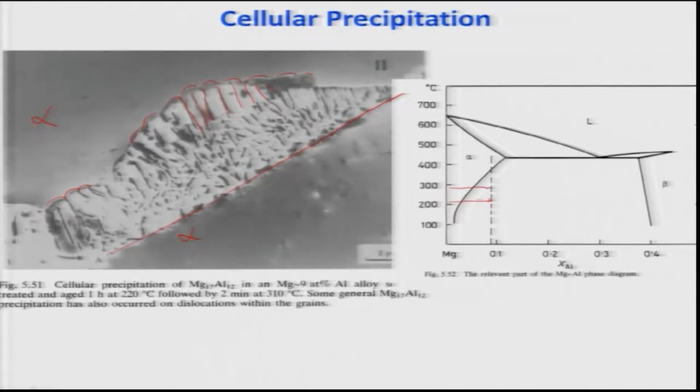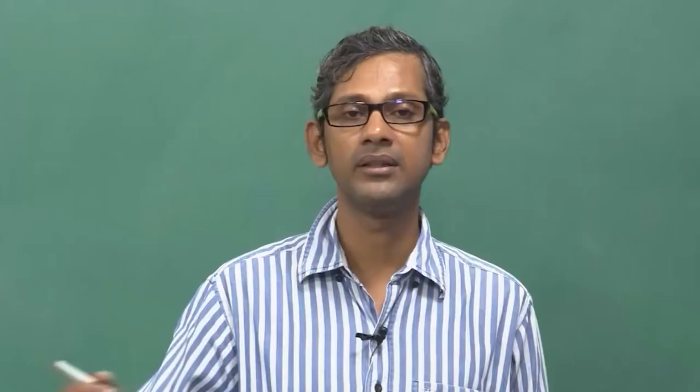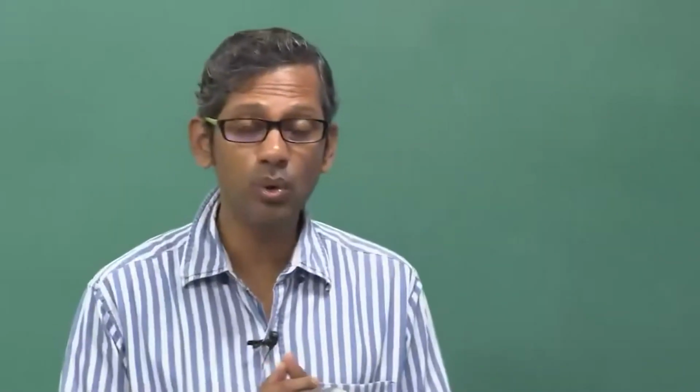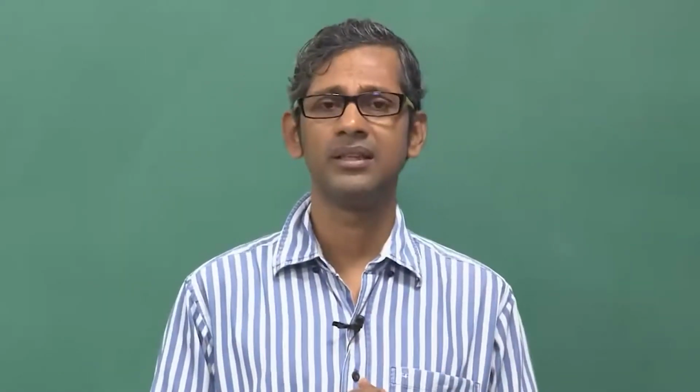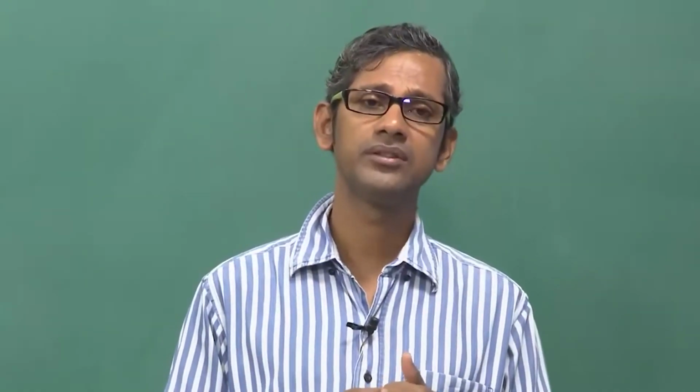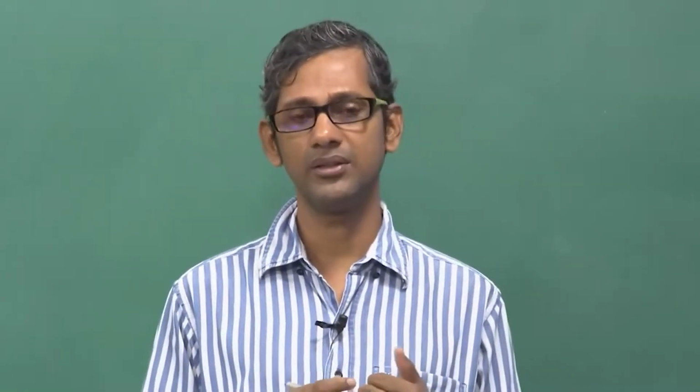So now the question is this: the growth of the cellular precipitates requires partitioning of your solute at the tips of the precipitates, because this is growing into the grain boundary. So this requires solute partitioning at the tips. That means the boundary has a very important role. Obviously grain boundaries are important regions of phase transformation, whether it is nucleation or growth. So now this can occur in 2 ways,